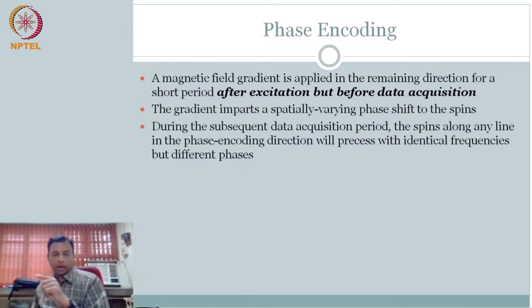So now if you give a deliberate phase shift in the y direction, that is from one end of the y axis to the other end of the y axis, everything is at a different phase. Now during subsequent data acquisition, you are doing frequency encoding in the x direction, right? So all the spins are now going to precess according to their frequency encoding along the x, at a particular x location. Along the y, everything is going to have the same frequency of precession, but each one will be at a different phase. Okay, so this is the idea behind phase encoding.